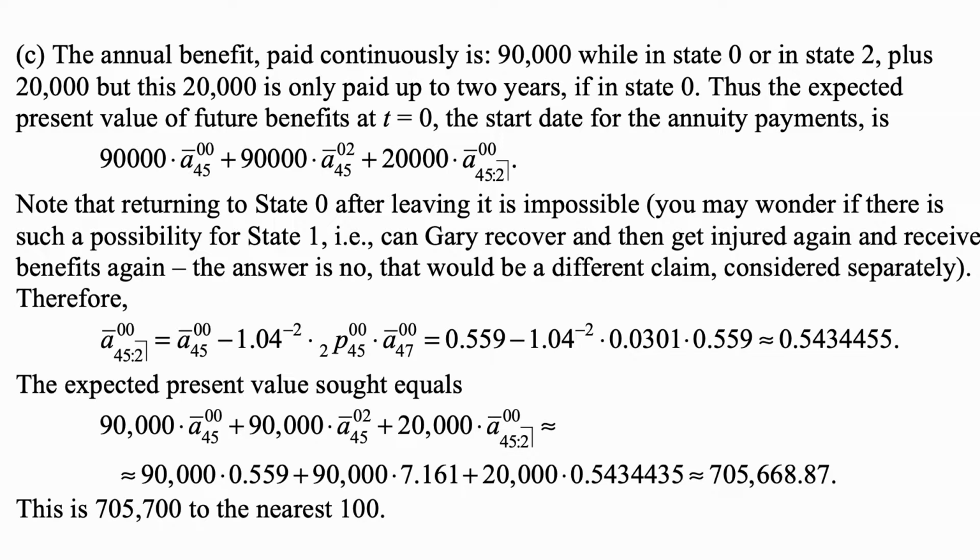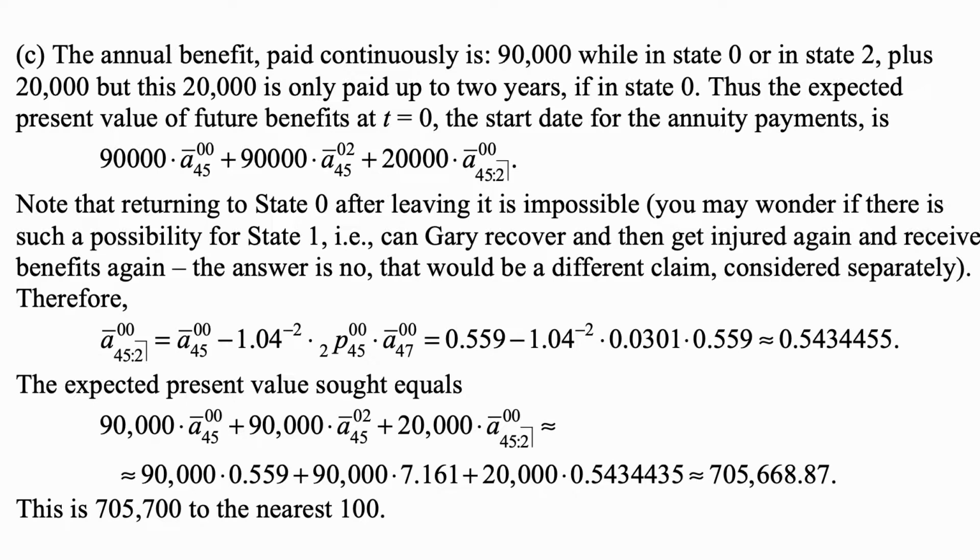Therefore, Ā_{45:2}^00 is Ā_45^00 minus the discount factor at 5% over 2 years, so 1.05 to the negative 2, times the probability of survival, the probability of transitioning from state 0 to state 0 over 2 periods, so survival in state 0 really, times Ā_47^00. So we take out the corresponding annuity after age 47. And all of those annuity values are given in the table, so we just plug them in, and we get approximately